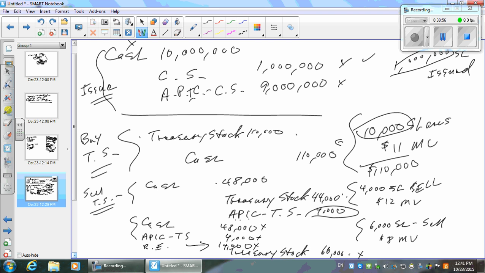Is there a gain on selling your treasury stock? What did we do the first time we sold some there? We credited additional paid-in capital on treasury stock. Why didn't we credit gain? You can't have gains and losses on issuing your own stock, buying back your own stock. Again, makes no sense, right? Okay? And then on the last one, is that a loss?